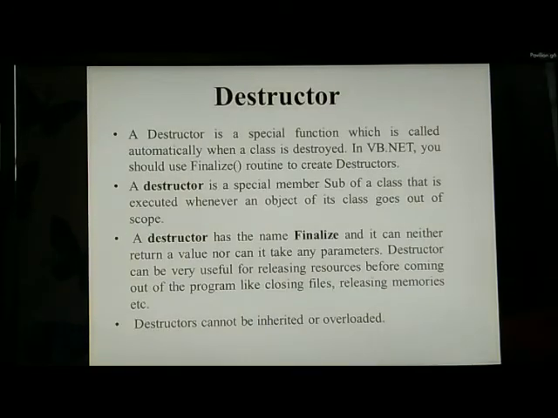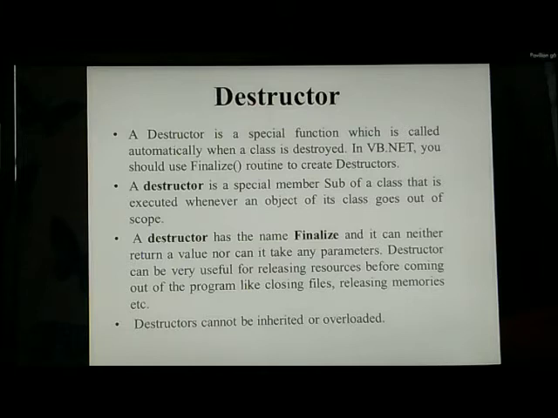Now let us see what a destructor is. A destructor is a special function which is called automatically when a class is destroyed. In VB.NET, you use the Finalize routine to create a destructor. A destructor is a special member sub of a class that is executed whenever an object of its class goes out of scope.